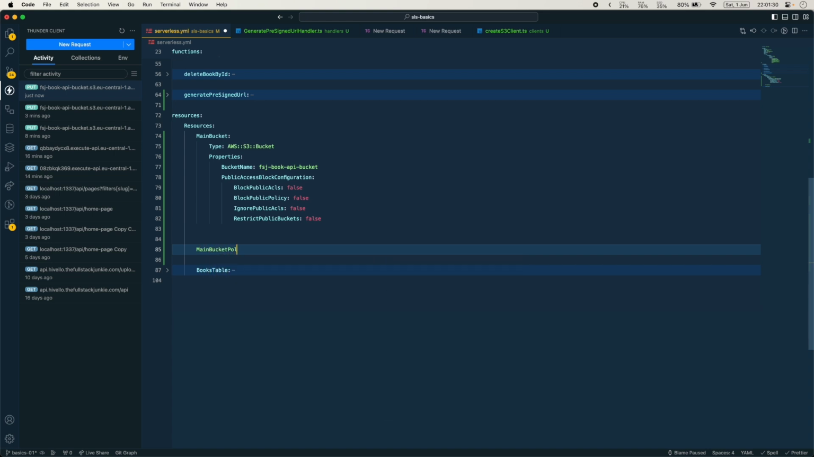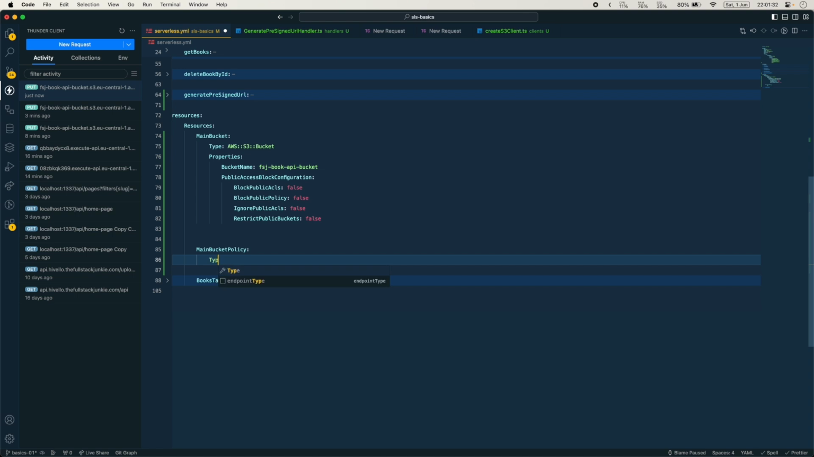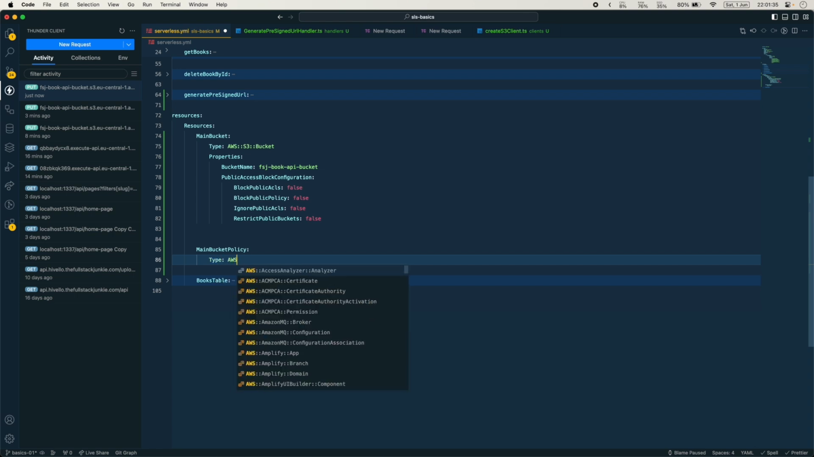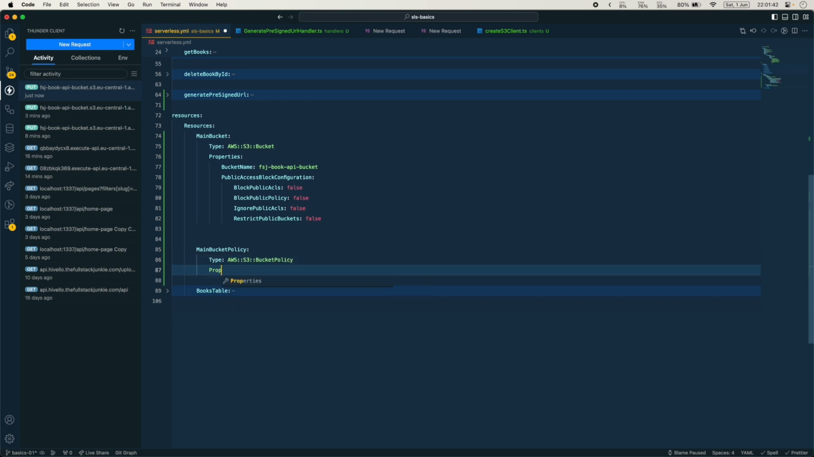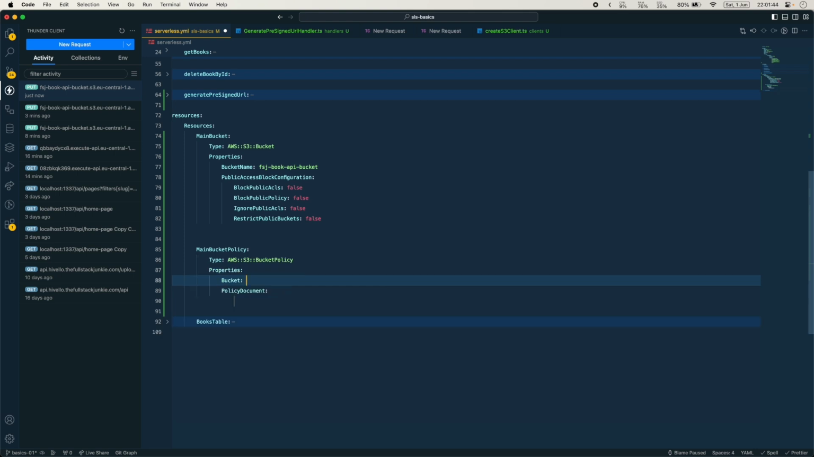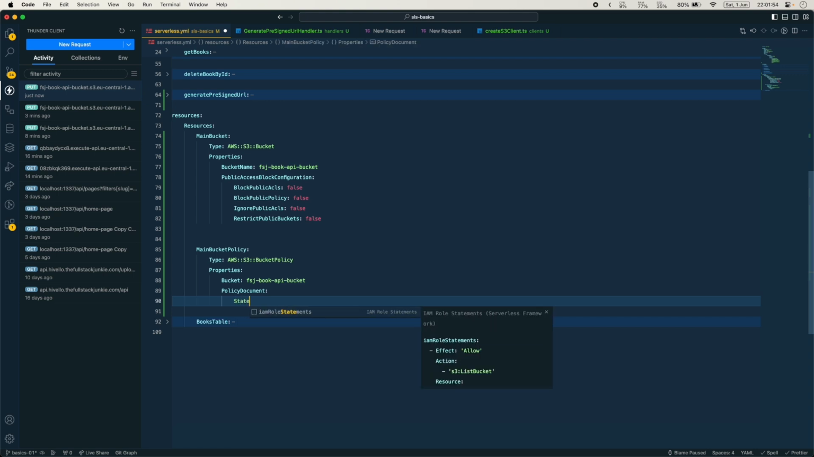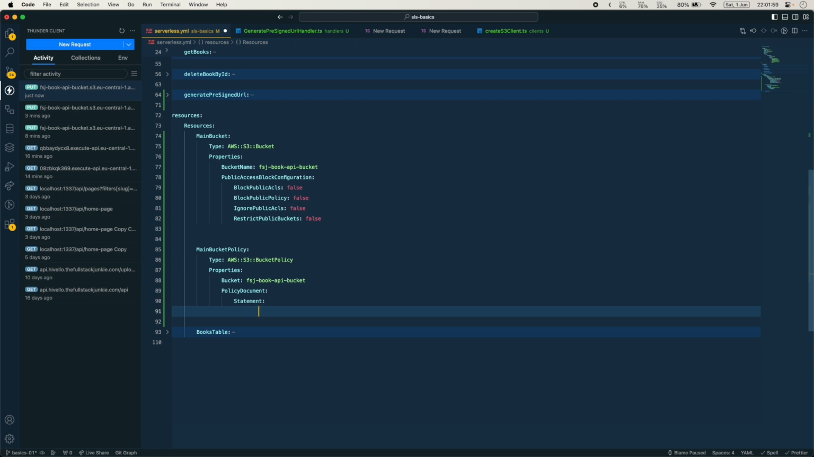Let's just call it main bucket policy. And this will be a type of AWS S3 bucket policy. And this will have properties, which will be the bucket name, which we have as book API bucket. And then we have some policy statements that we need to add here. So we can add a statement, and this will effectively allow an effect